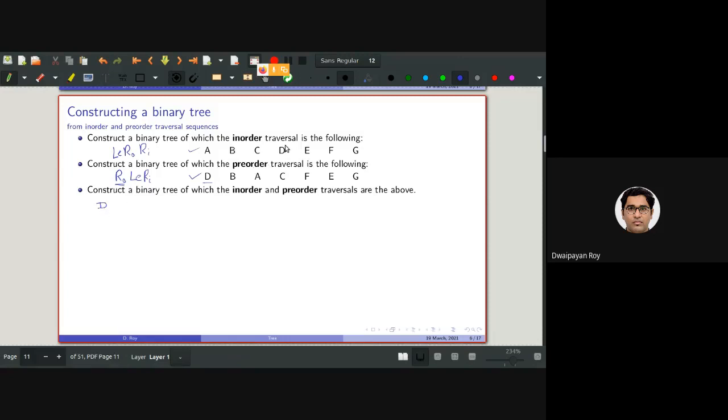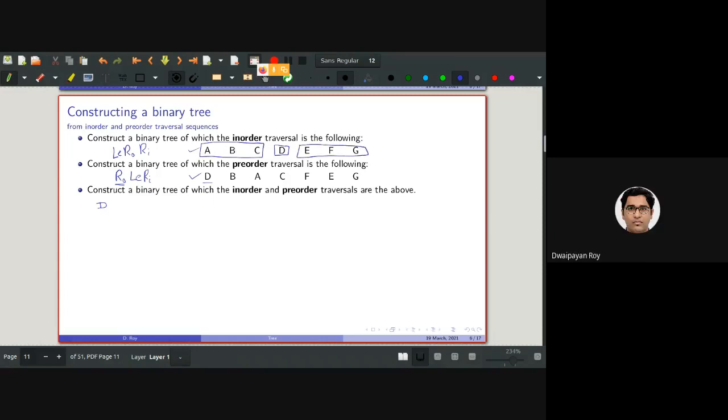Now look at the position of D in the in-order traversal sequence. In the in-order traversal, the order is left, root, right. And I am sure that D is the root. So this ABC will be what? And EFG will be what?